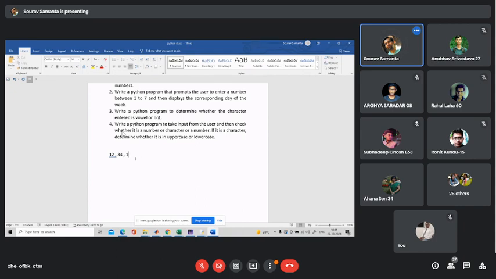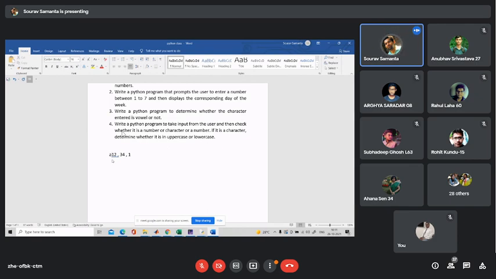Now first we'll check the condition between the numbers 12 and 34. But mind it, here we are not considering the exact value.